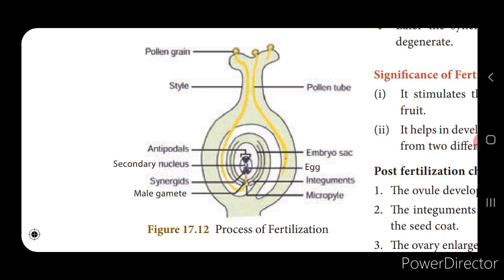Now your homework for today is that you can refer to page number 248 for fertilization in plants, and you have nearly 8 to 9 points and the significance of fertilization, followed by the post-fertilization changes. So this is a detailed answer 7-mark question. So be thorough with fertilization in plants and copy this with the diagram that is shown on the screen. With the diagram, copy this question in your classwork and submit your classwork in the school office on Friday,